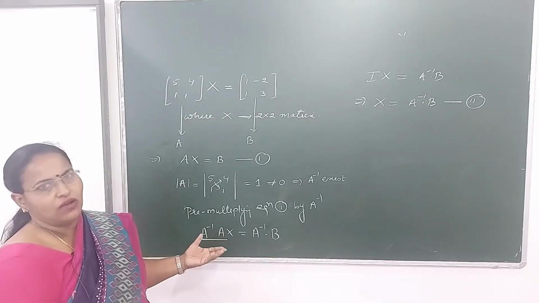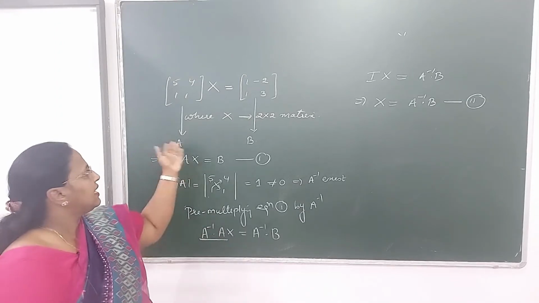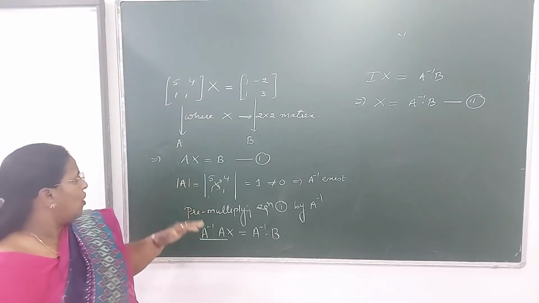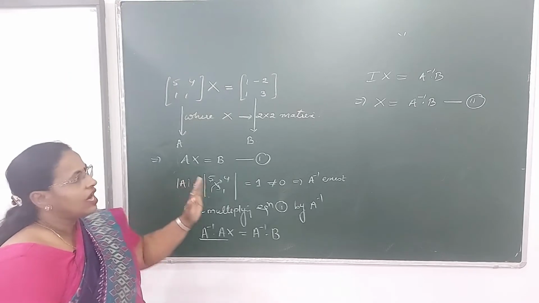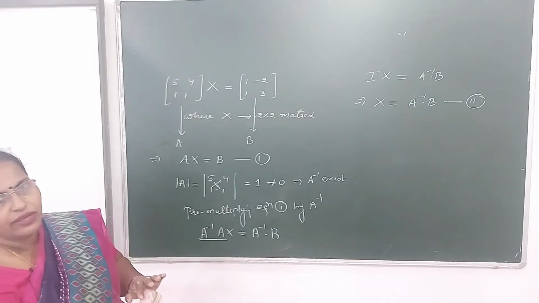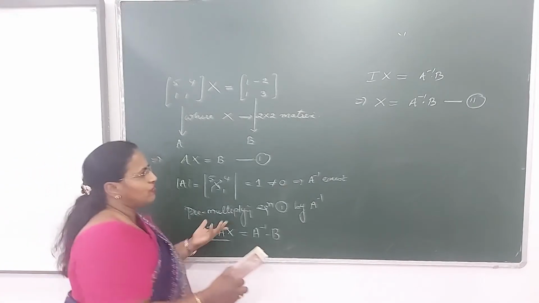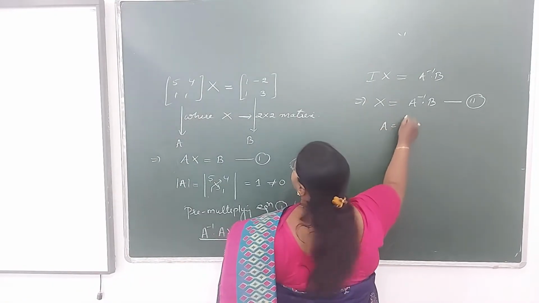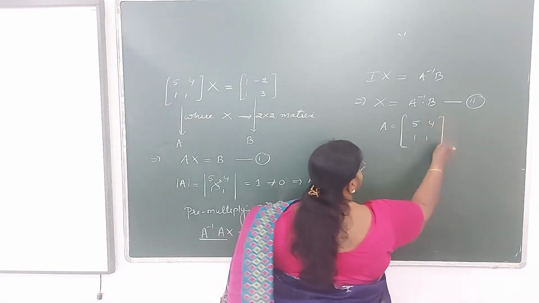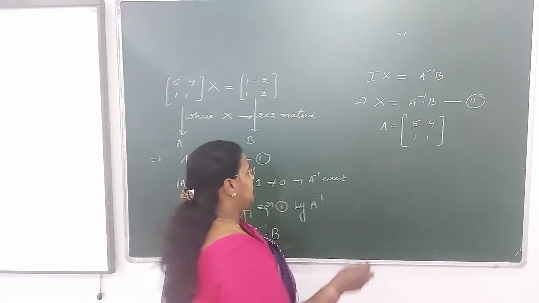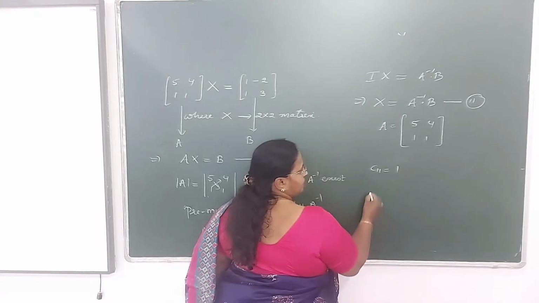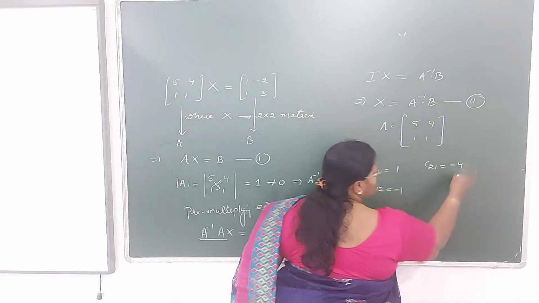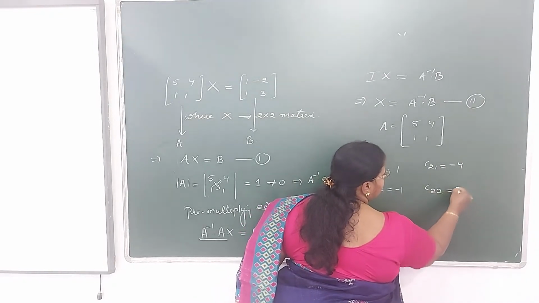Okay, fine. Now you know the procedure of finding out A inverse. Get A inverse, multiply it by B, and that will give the required matrix X. Already we have calculated determinant of A. Now we need adjoint of A. For writing down A inverse, you need adjoint. So for adjoint, what you need? Cofactor. So let us find out cofactor of matrix A. A matrix is here 5, 4, 1, 1. So let us find out the cofactor of all the elements. C11, this is plus 1. C12, it's minus 1. C21, it's minus 4. C22 is plus 5.